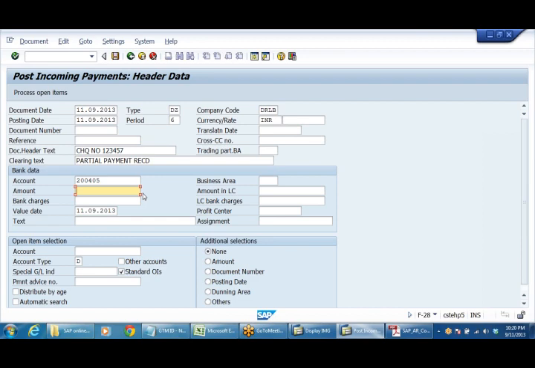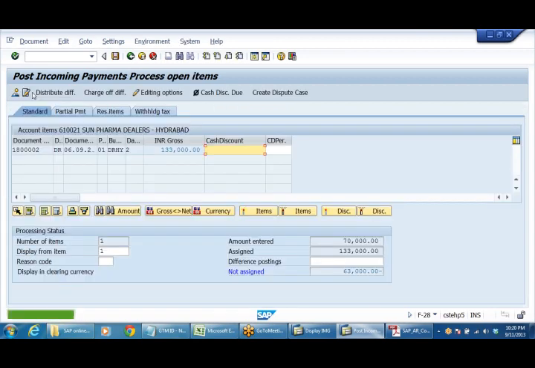Say first of all we have received payment for 70,000. Partial payment received. Customer 610021, then process open items.